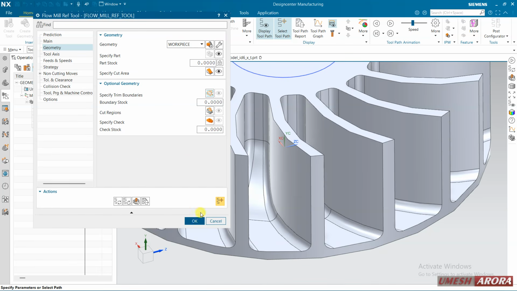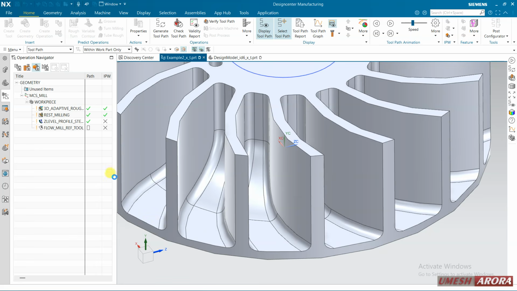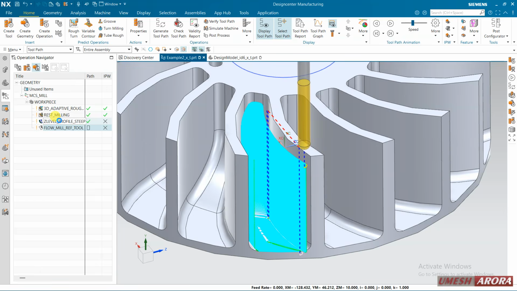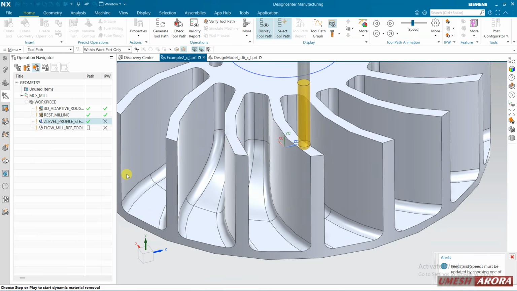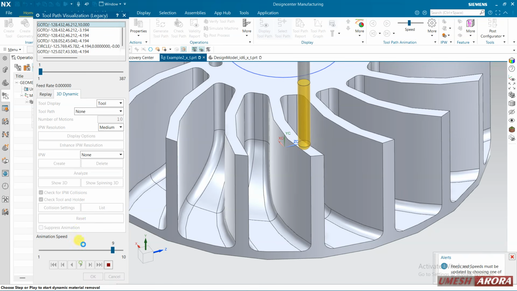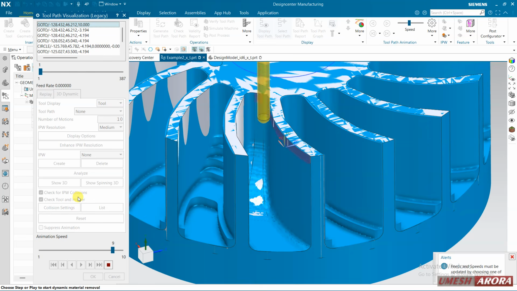Why? Let me check. Come to this, double click here and verify and generate. After this, I will check rest material.